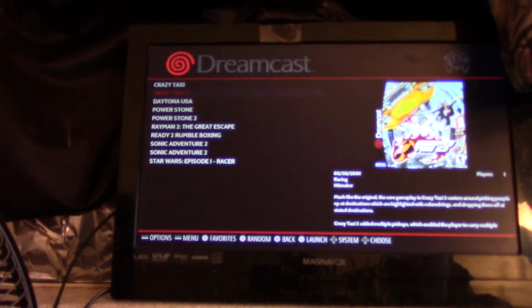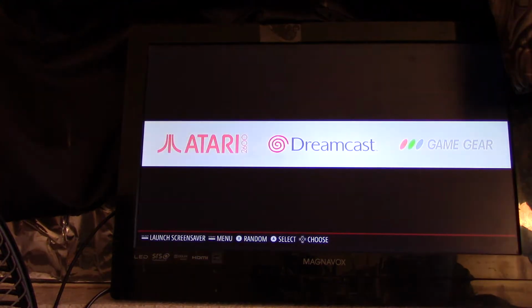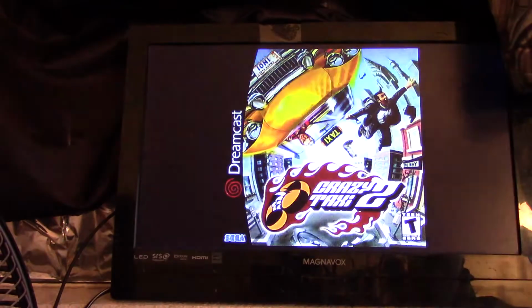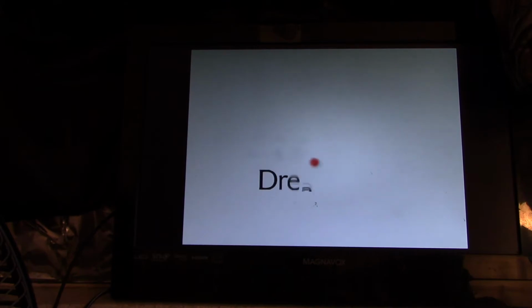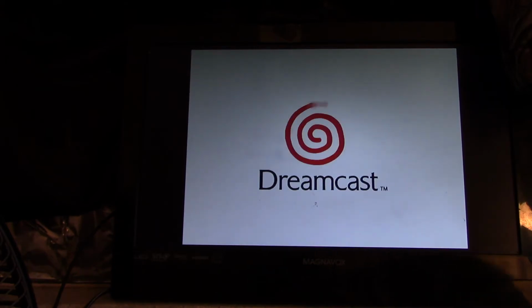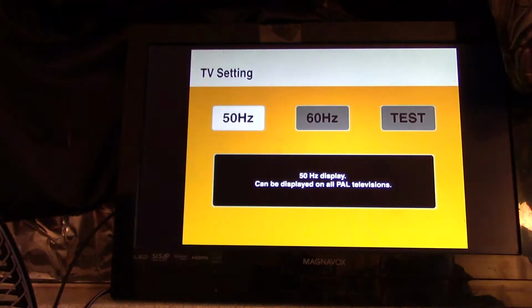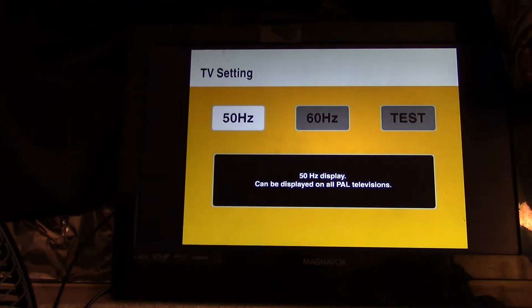So now we'll try the one I tried before, which was Crazy Taxi 2. Oh, that's right, it's the actual A. So you saw me try to run this with RetroPie 4.3 in my previous video, and I couldn't get the game to actually get me into the game. So hopefully, since I figured out the workaround for the VMU to get into Daytona USA, I can do the same thing here. Okay, we'll start the date, hit A, which is actually B. Yeah, see, this is